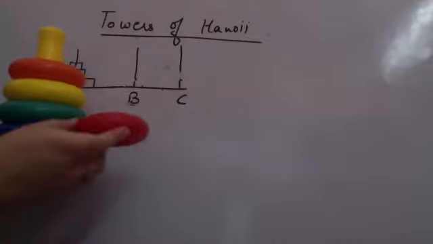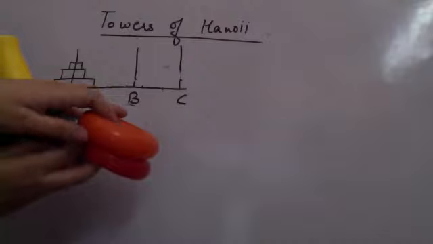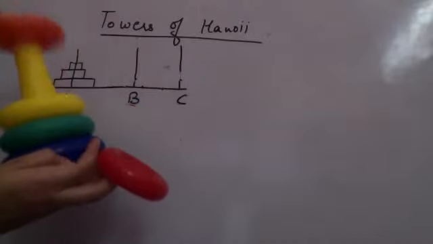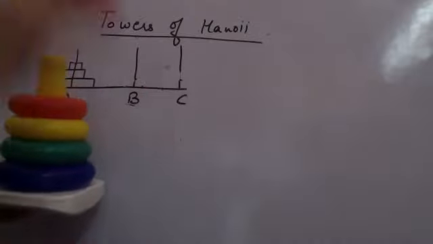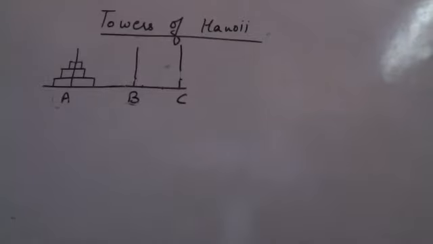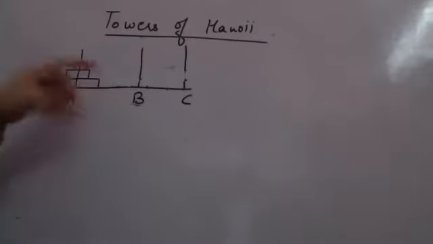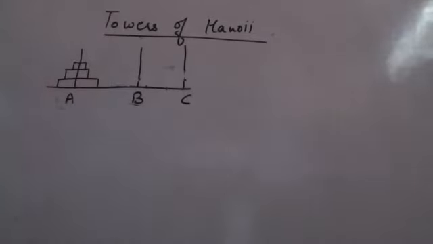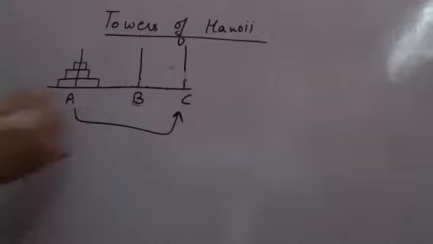And after this has been created, I cannot do this. This is not allowed. I cannot keep a larger on a smaller ring. I have to shift it in a manner so that I always keep the smaller on the larger. And in this way, I have to shift the entire tower. So this is my Tower of Hanoi problem. Right? So if I am step by step solving this problem, let us understand how do I solve this now, only with 3. I have to shift A से लेके C तक, but I cannot do that right now.